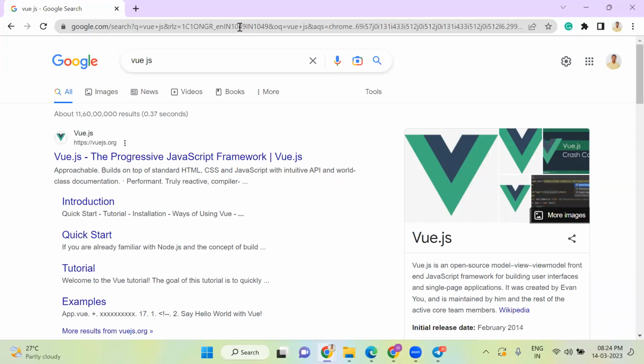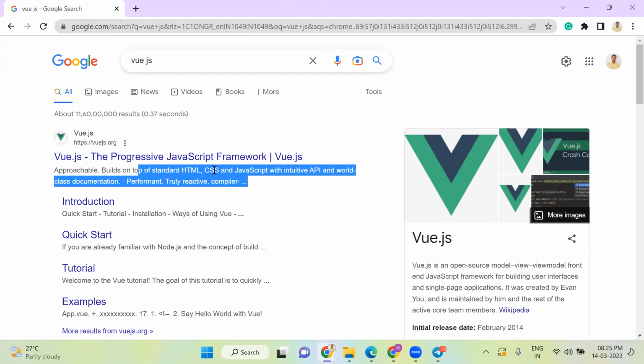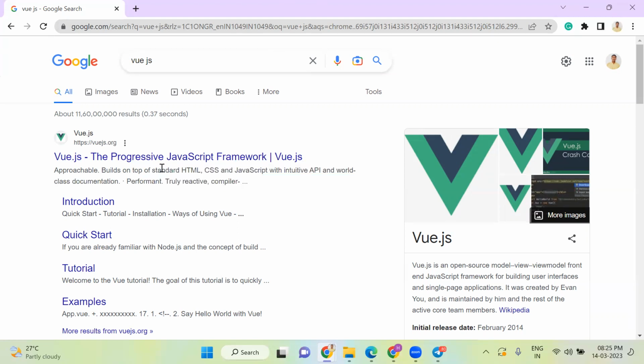Suppose some company is hiring for Vue.js, and there's a shortage of people who have skills in Vue.js, they would hire people who have knowledge of either Angular or React, because if you know one library or framework, it's very easy to learn another. So once you complete studying React.js and later want to study something new, it may take just 2 or 3 days for you to get a hold of it. It's just a library.